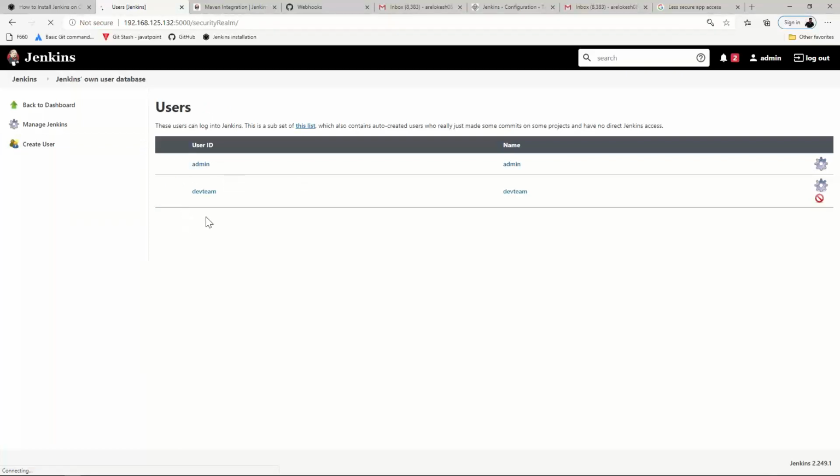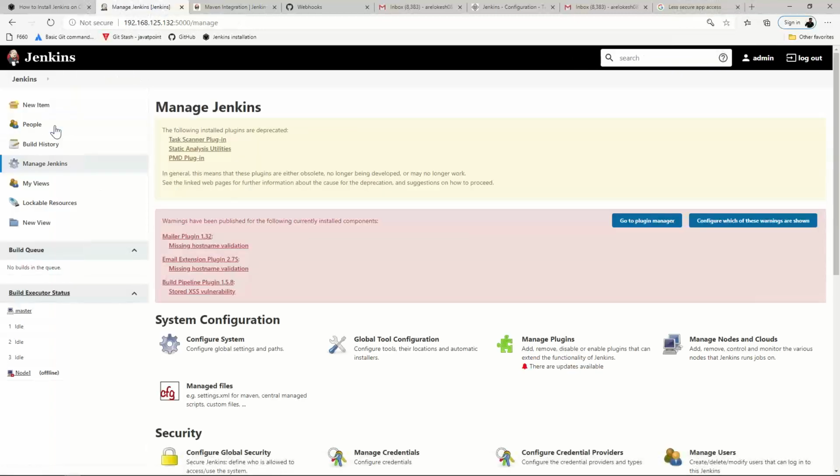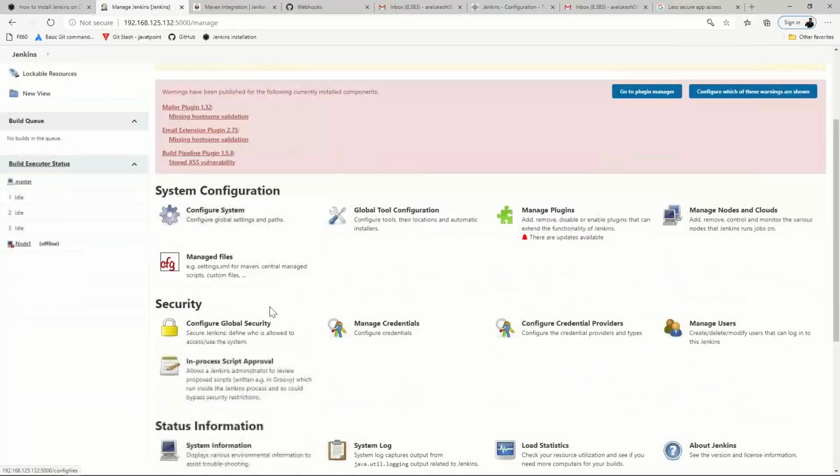Now go to Manage Jenkins, then Configure Global Security.